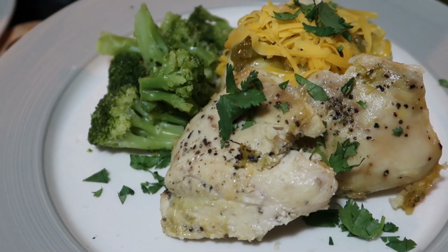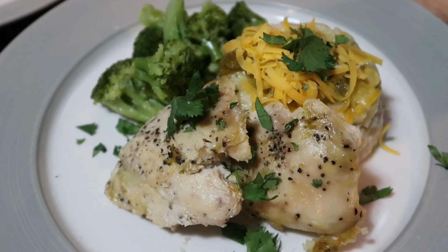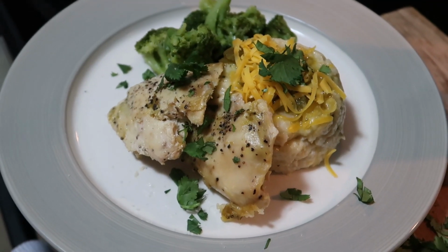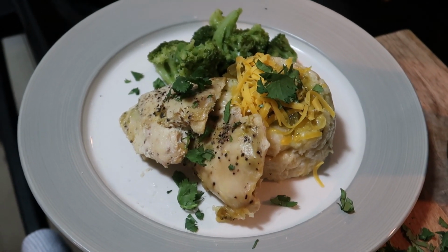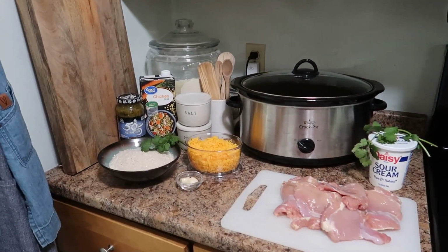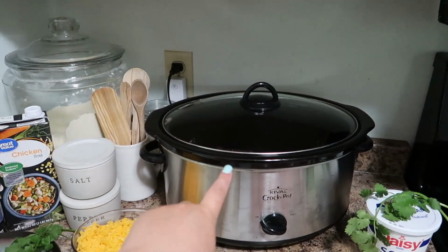Today I am sharing a green chili chicken and cheese casserole crockpot recipe. You are sure to love this one. It is simple, easy, and delicious. So here are the ingredients that you need, and again, this is made in a crockpot, so I have my